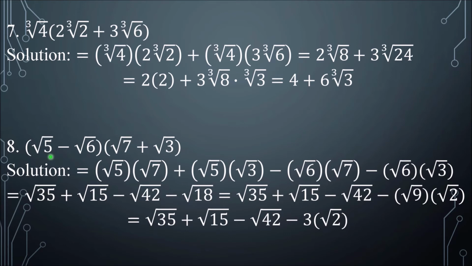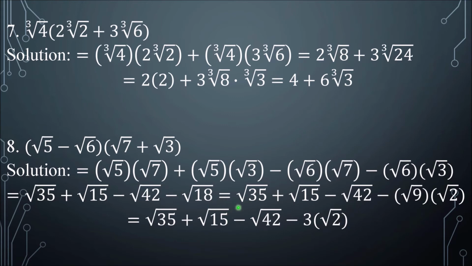Outer, square root of 5 times square root of 3, that is square root of 15, because 5 times 3 is 15. Inner, square root of 6 times square root of 7, that is square root of 42. And then last, square root of 6 times square root of 3, square root of 18. Now let's simplify. Square root of 35, square root of 15, but square root of 18